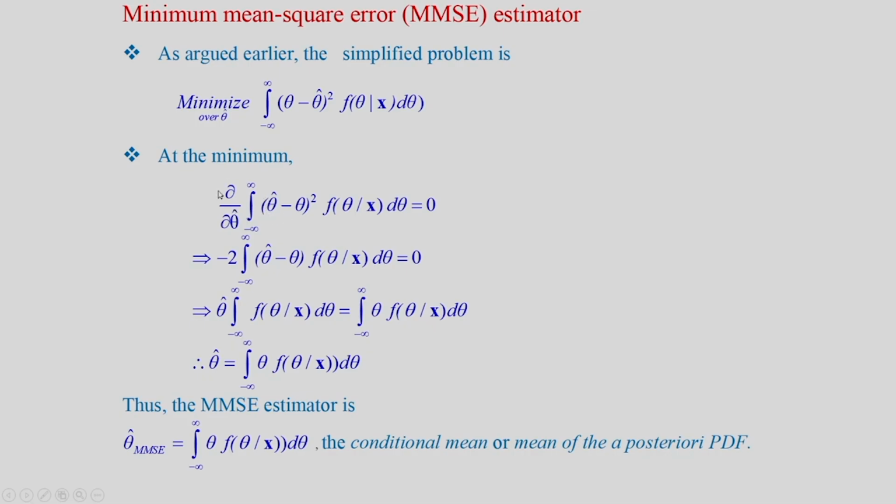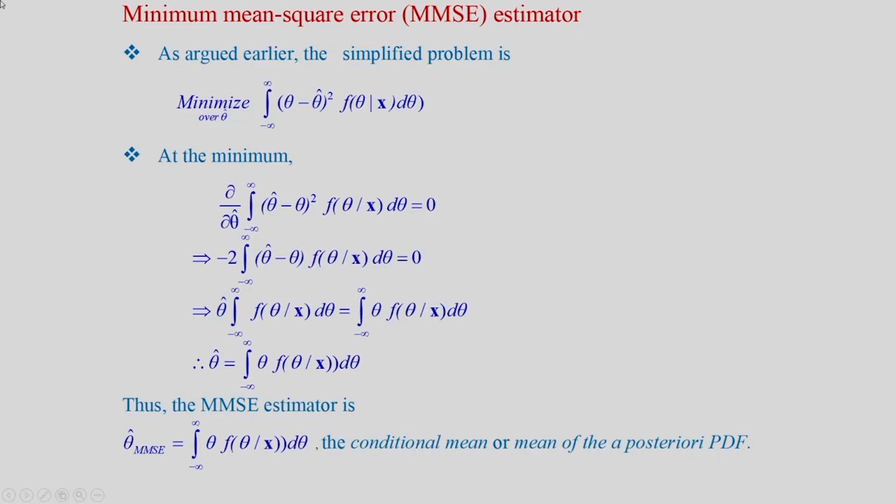Carrying out the partial differentiation, we get minus 2 times the integral from minus infinity to infinity of theta hat minus theta into f of theta given x d theta equal to 0. After simplifying, we get that corresponding to this term, theta hat times the integral from minus infinity to infinity of f of theta given x d theta is equal to the integral from minus infinity to infinity of theta f of theta